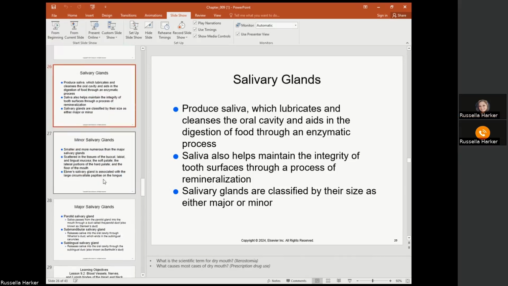Now, the salivary glands produce saliva, which lubricates and cleanses the oral cavity and aids in the digestion of food through an enzymatic process. People don't realize how much saliva helps in these processes. Saliva also helps to maintain the integrity of tooth surfaces through a process of remineralization. So every time you put something in your mouth that is not water,